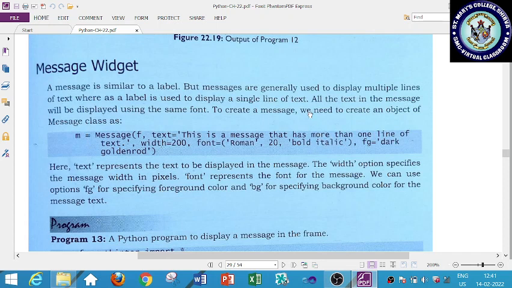Okay, that is the difference that may come for 2 marks. All the text in the messages will be displayed using the same font. So whatever font you have selected, any number of lines that you include, all the messages will be displayed in the same font. Okay, so here the text is given, so we have to create the object of the